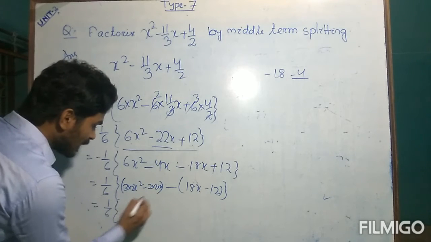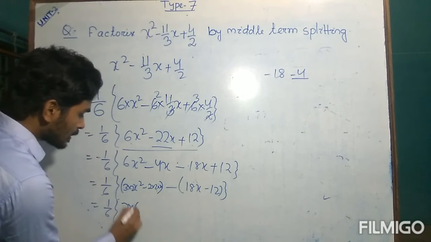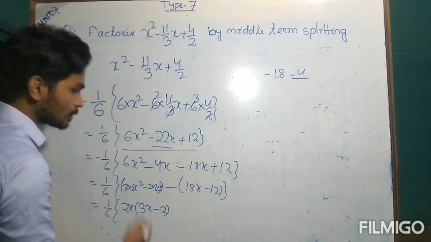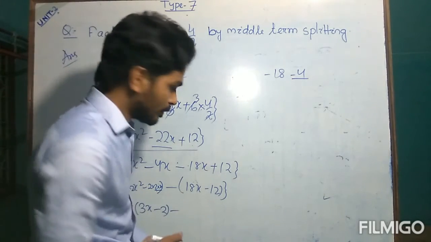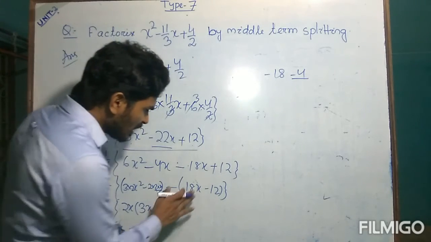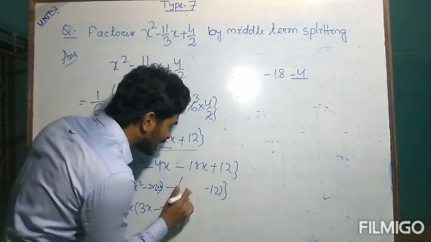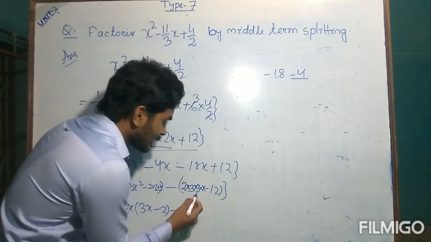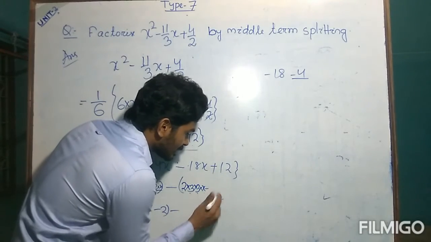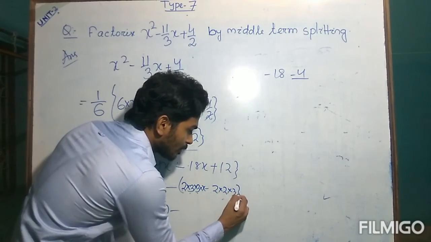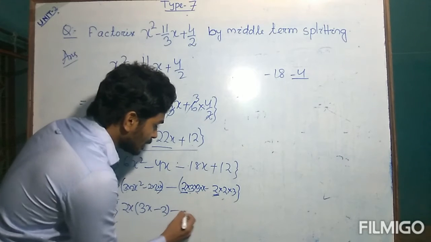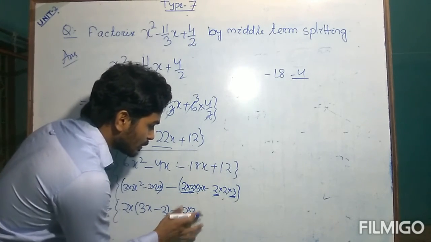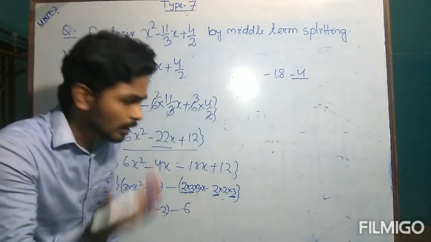Yes. So what should be taken common? 2 and x. So the remaining part is 3x minus 2, with 2x taken common. From 18 and 12 you need to take common. How? You can simply do it by factorizing. 18 can be written as 3 into 3 into 2, see 3 3s are 9, 2 9s are 18, and 12 can be written as 2 into 2 into 3, 4 3s are 12. Okay. Now you can simply take this 2 as common and this 3 also common. That means 2 into 3 is 6. You can take 6 as common factor.